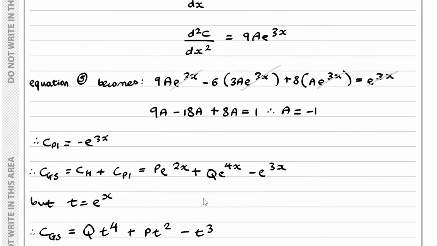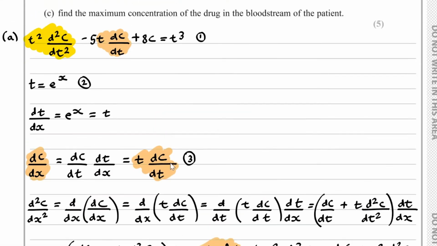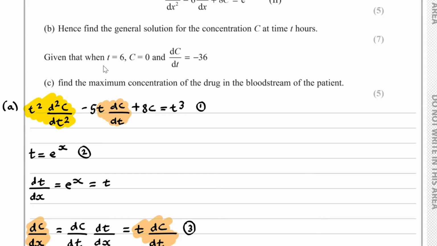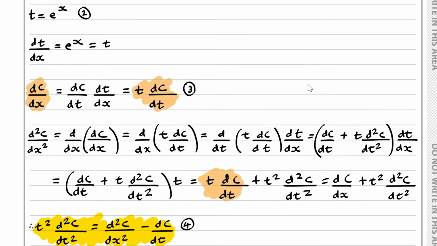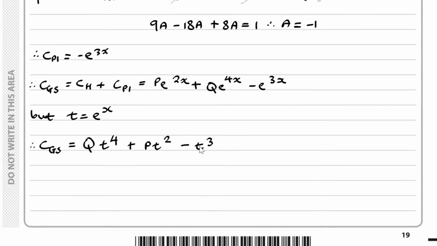So that's our general solution. And now for part C, given that when t equals 6, c equals 0, and dc over dt is equal to minus 36, we now have to find the maximum concentration of the drug in the bloodstream of the patient. So knowing that, first of all, when t is equal to 6, c is equal to 0. So knowing that,